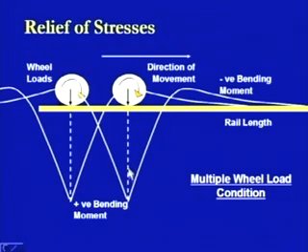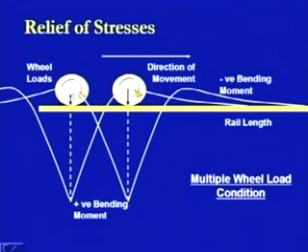Similarly, there is a positive bending moment at this location like this. Now, if we take the diagram of this bending moment with respect to the point of contraflexure and further the negative bending moments which are being induced, what we found is that if this is the max positive bending moment and this is the positive bending moment for the wheel 2, and if we go backward, then at this location we are getting the